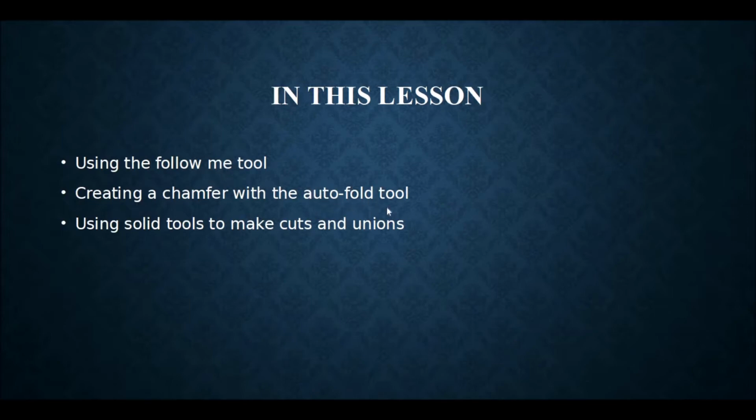tool, which you got introduced to in Chapter 1 with the little corner block to make a chamfer. We're going to be using the same thing. We're also going to be using solid tools to make some cuts and some unions. And then I'm also going to show you some troubleshooting steps for when Entroth Solid Tools decides not to behave, and how to